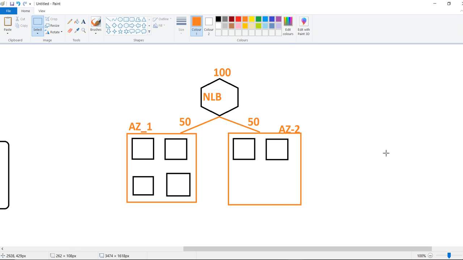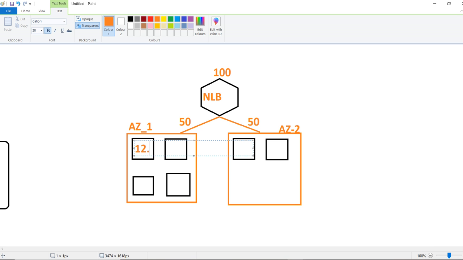Now assume you have 4 servers here and only 2 servers there. So the load will be distributed, 12.5 approximately to each server here, the same way 12.5 evenly, and when it comes to the other side, 25 and 25.